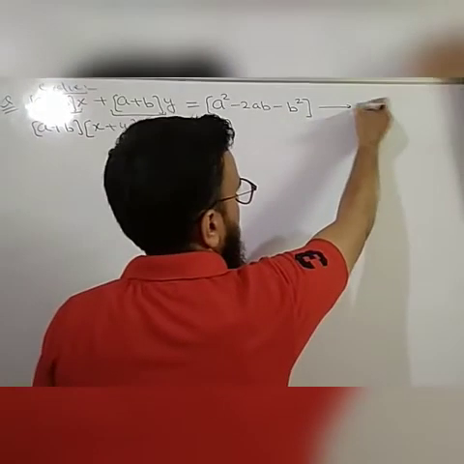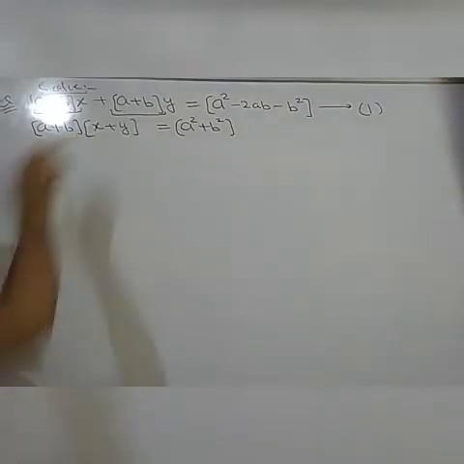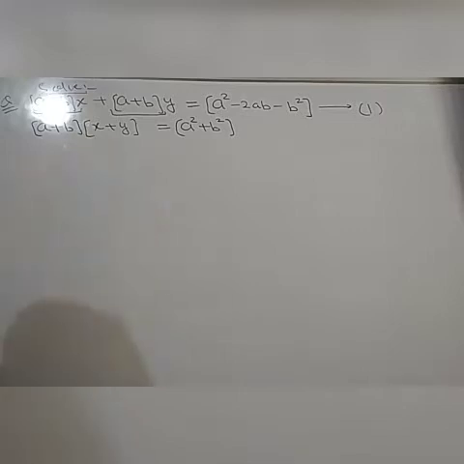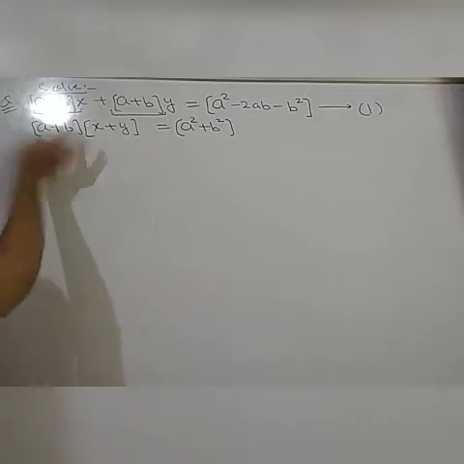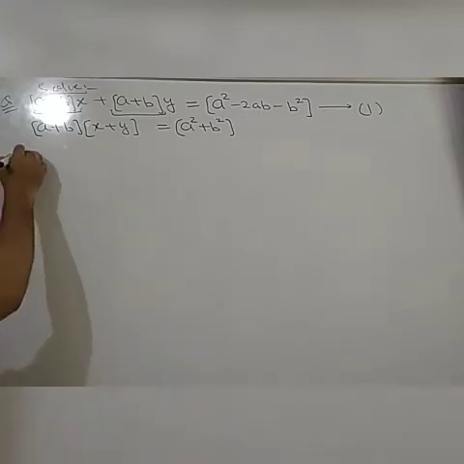We can consider it as equation number 1. But if we look at the second equation, it is not in the general form, because x plus y are given in one bracket and the constant term is given in one bracket. So it is not in the general form. So first we will convert the second equation into general form.